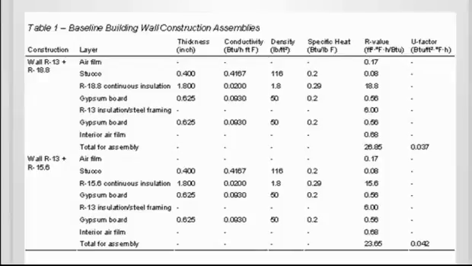So for instance, if you have a wall with R13 cavity insulation plus R18 continuous, it shows the definition of the specific layers and their properties that are used to achieve that particular assembly. So there's a number of assemblies defined in COMNET for this, and then it shows the resulting U factor. So for the top assembly there, it's a U factor of